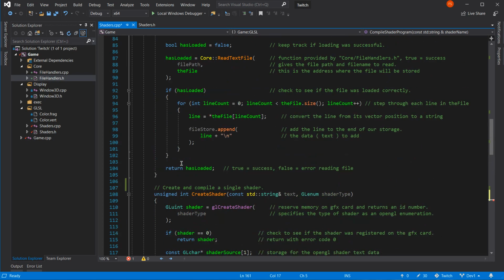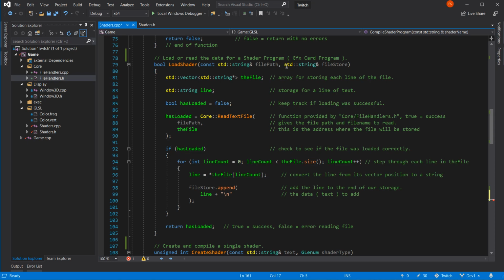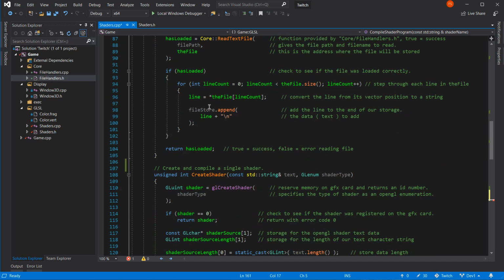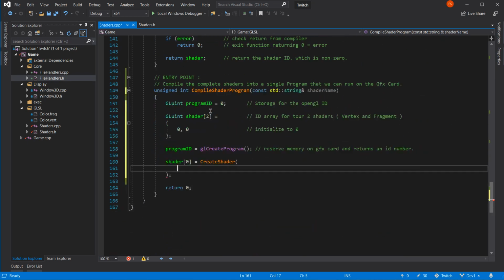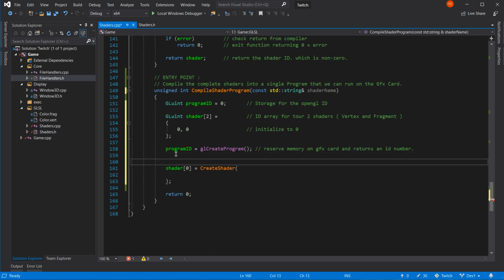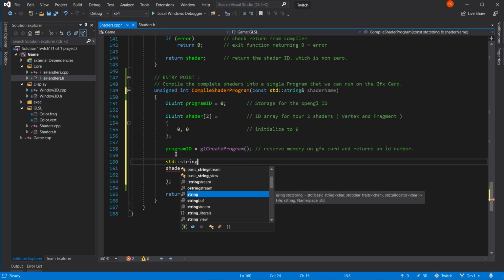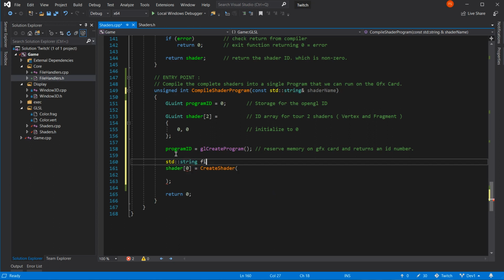Let's load it into a file store, shall we? Standard string. So what we're going to need now is a standard string called file store.